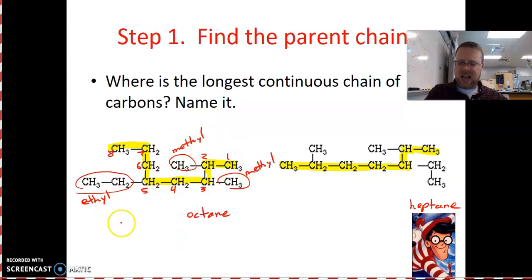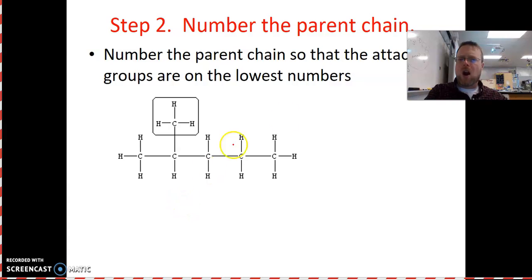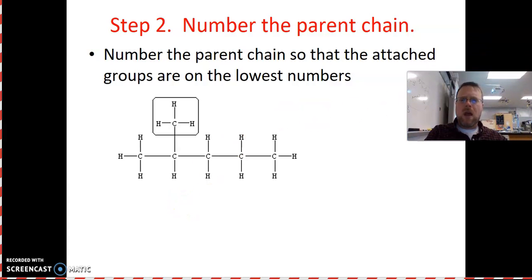So here I've got these methyl attachments and an ethyl group. Before I finish the name for this one, I want to do one that's a little bit simpler. Okay. All right, so